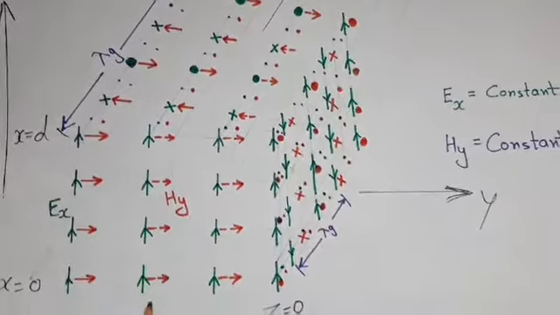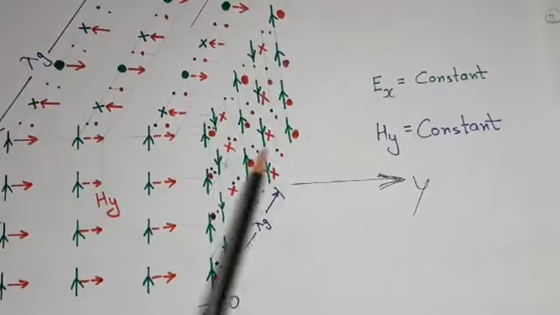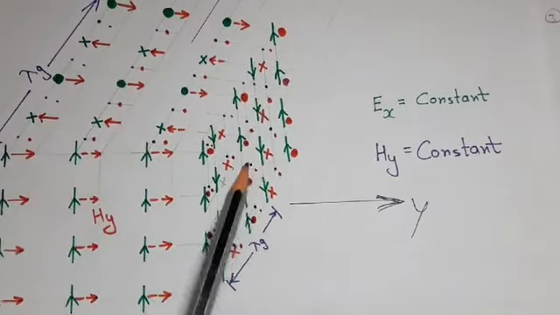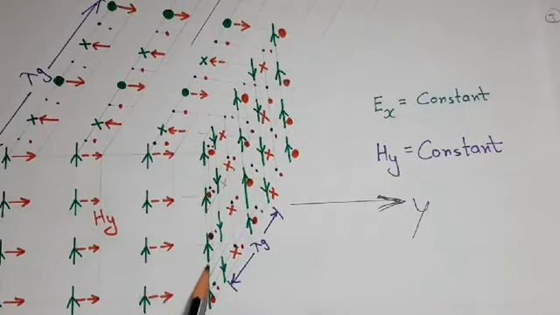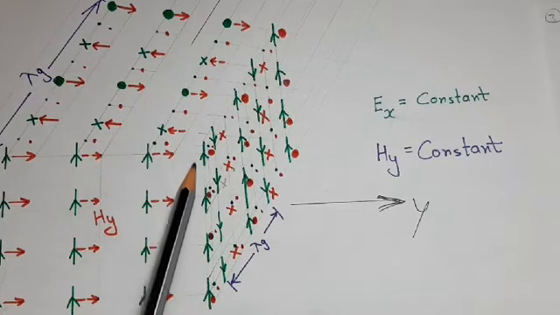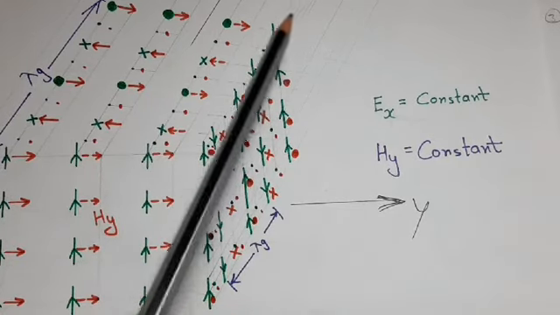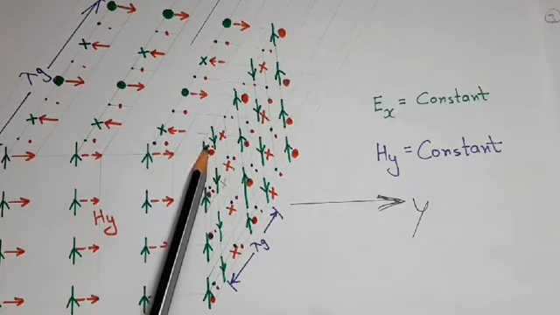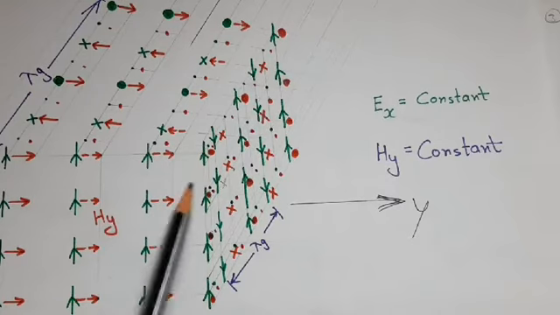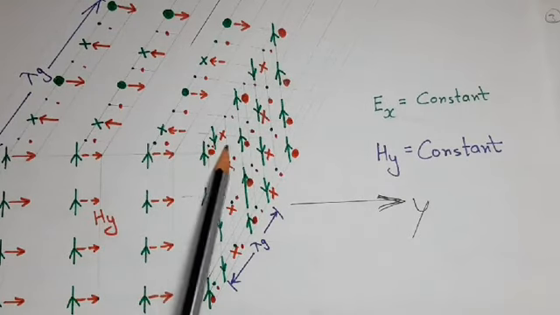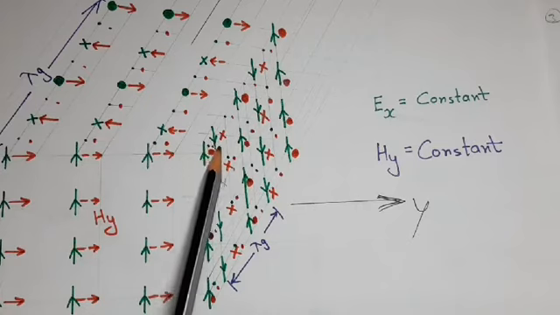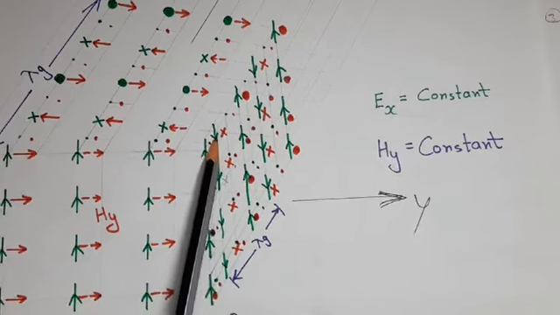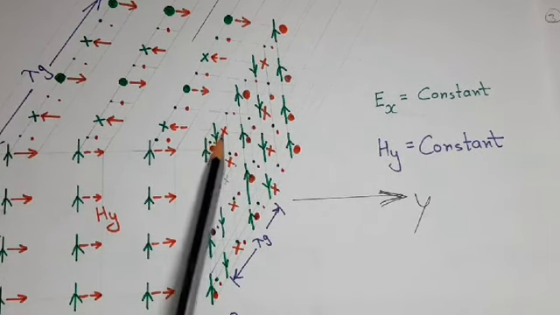Now if we see the side view where we can see variation in z and x direction, if we see from side, then Ex will look like this. Suppose this is the positive maxima of Ex. Now as we move in z direction, due to sinusoidal variation, after a certain distance, 0 point will come, and after that, negative maxima will come. Negative maxima means same strength as was here, that is at z is equal to 0, but now direction of field has become in negative x direction.